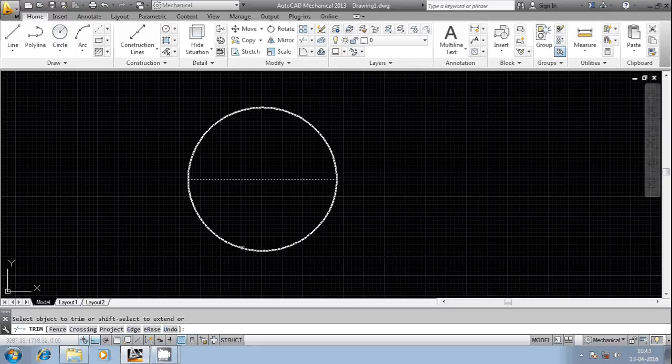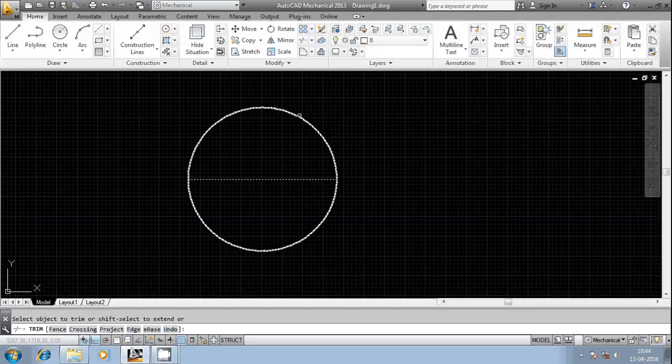So this is the circle. Either I can remove the top of the circle or the bottom of the circle. If you want to remove the top of the circle, select the top portion. If you want to remove the bottom, select the bottom. But be specific. You have to select not only the circle, you have to select the direction also. In the sense, if you click here, that itself indicates the direction. So by selecting the entity, if you want to remove the bottom off, you select here. So ensure that either you click at the top or bottom as per your requirement.